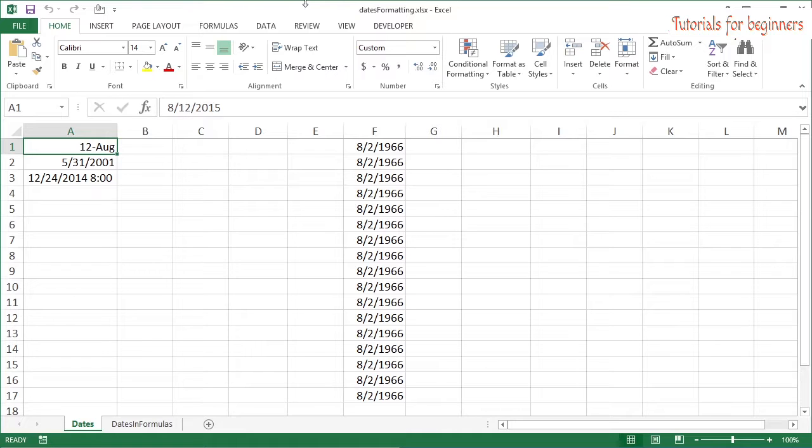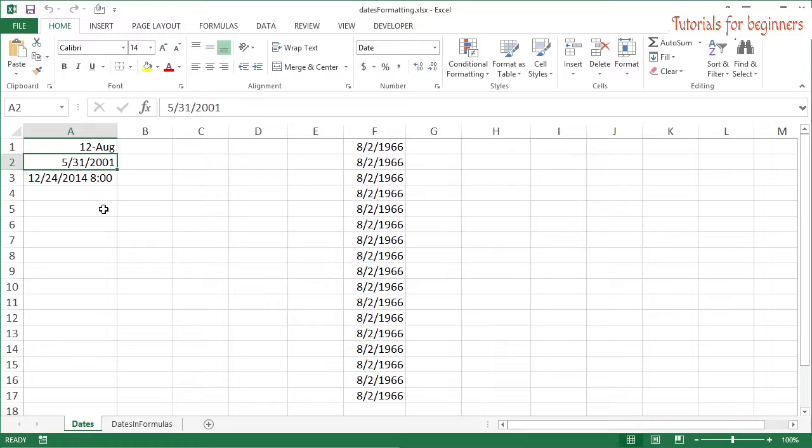In here, in the first sheet, you'll see there are 3 dates that are formatted completely differently. We have first here that's 12th of August. Well, that was created by just typing 8/12, and it made the assumption of this year. You can see that in the formula bar, but only displayed the month and the day because that's what I typed in. The second one shows the pretty much default format,